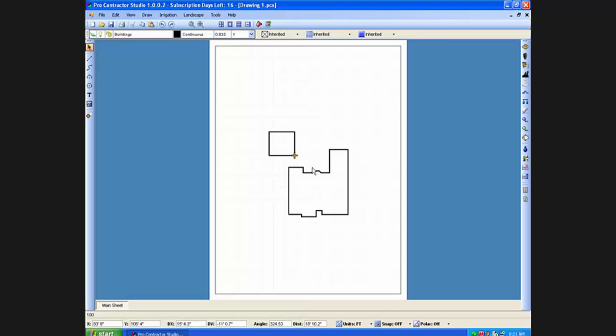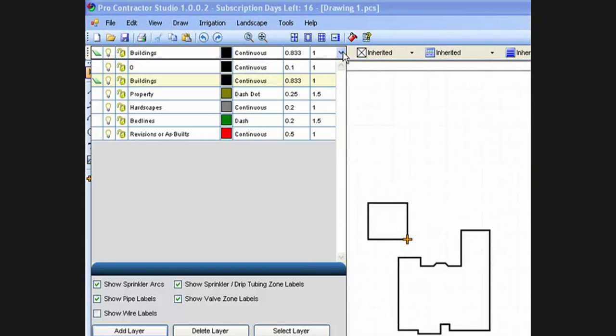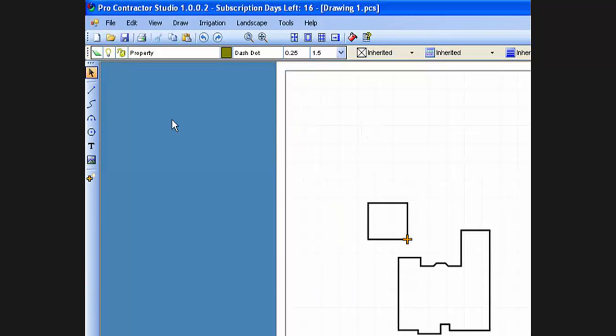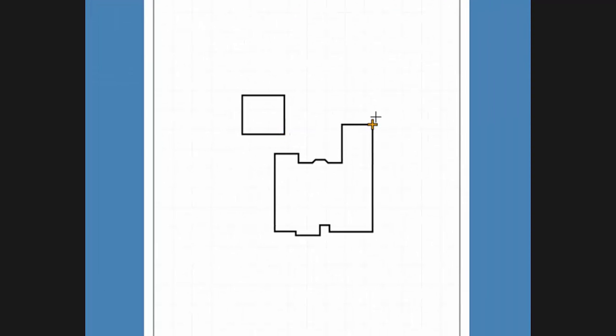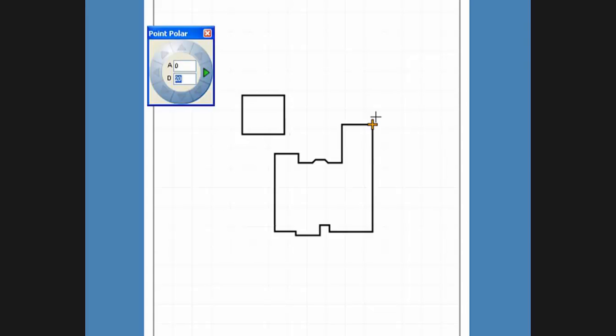Now that the house and garage are drawn, I will switch to a property line style and then select the line command from the toolbar icons. I will reset the anchor point to the back right corner of the house. I press the A key to enact the anchor point command, drag my mouse near the back right corner of the house and press the right mouse button to jump onto the house. Pressing the right arrow button will open the point polar command set to a 0-degree angle. I will enter a distance of 10.5 feet and press the enter key to set the first point of the